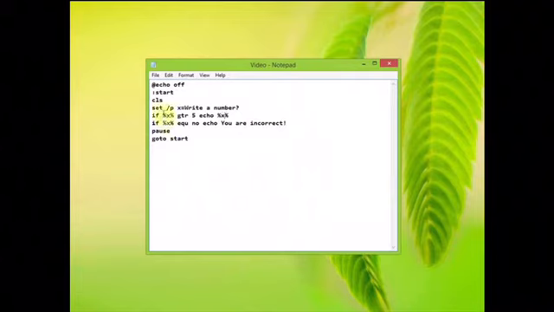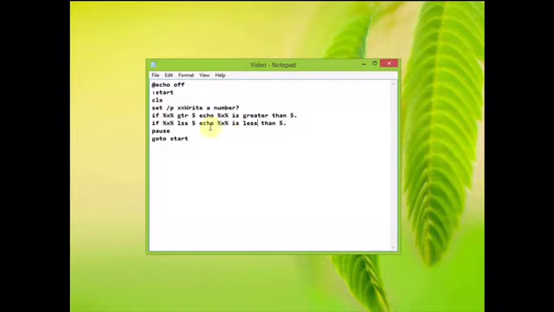It's going to tell us if whatever number we wrote is greater than 5, echo our number is greater than 5. And then we could do the same thing for is less than. If whatever we wrote is less than 5, echo our number is less than 5.